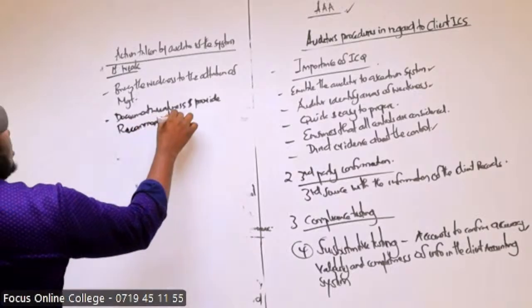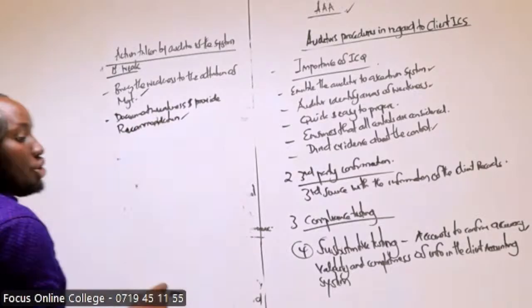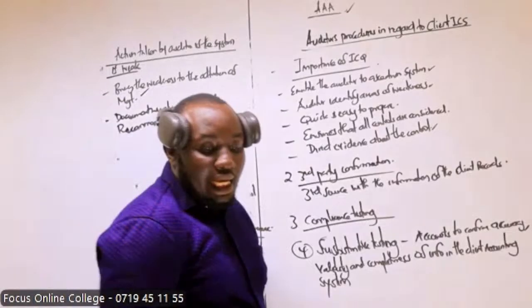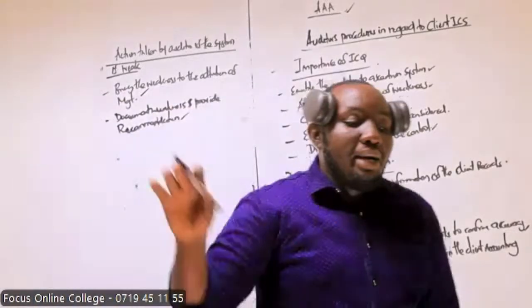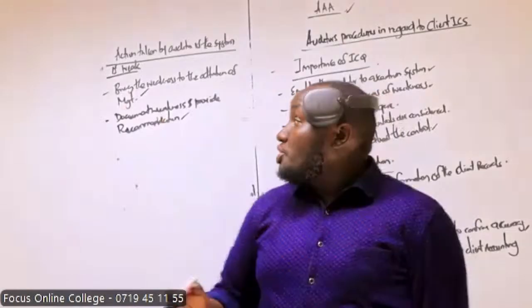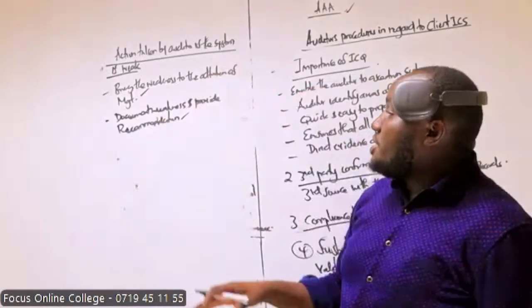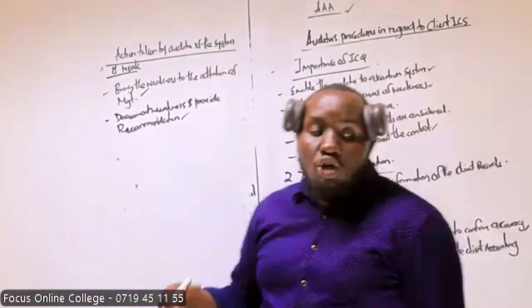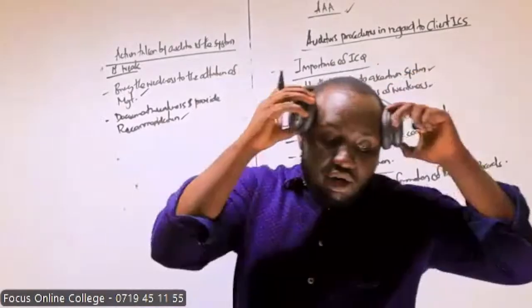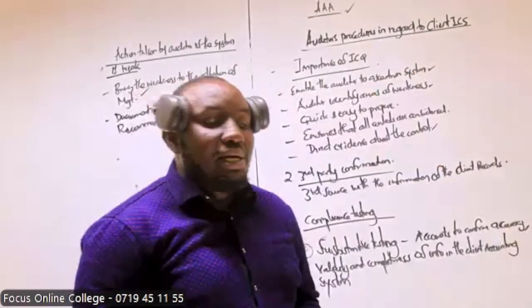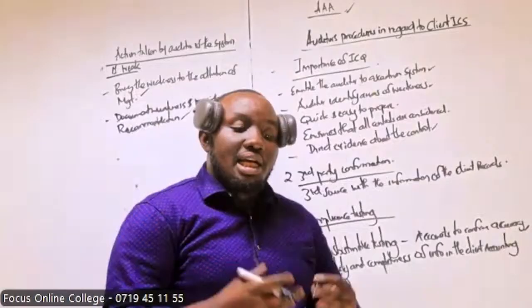And provide what you call the recommendation. Document them, put them down in a management letter. When you're writing, bring the weakness to the management letter and provide what's called a recommendation: how better they can make the system effective.